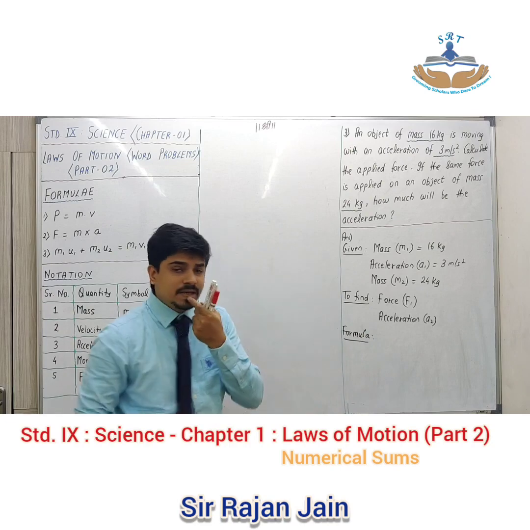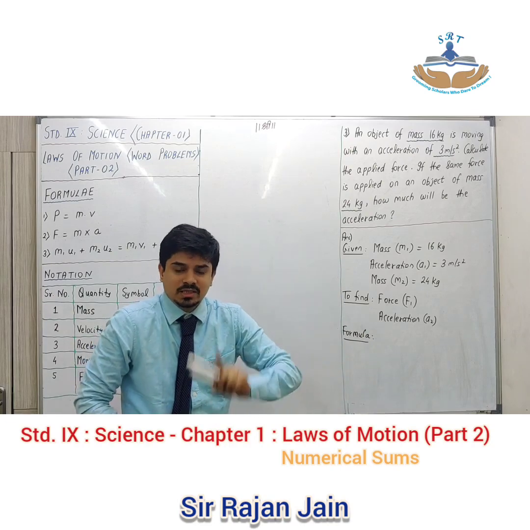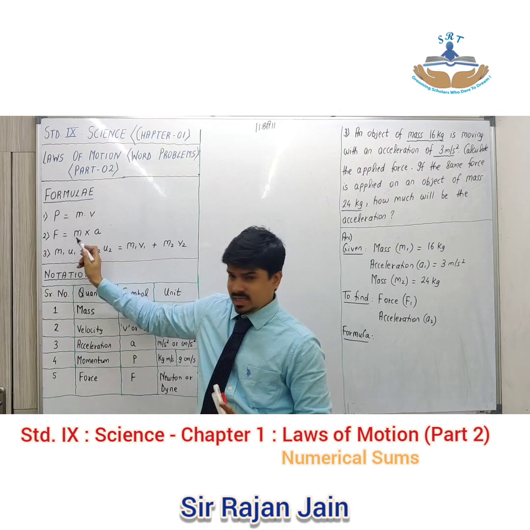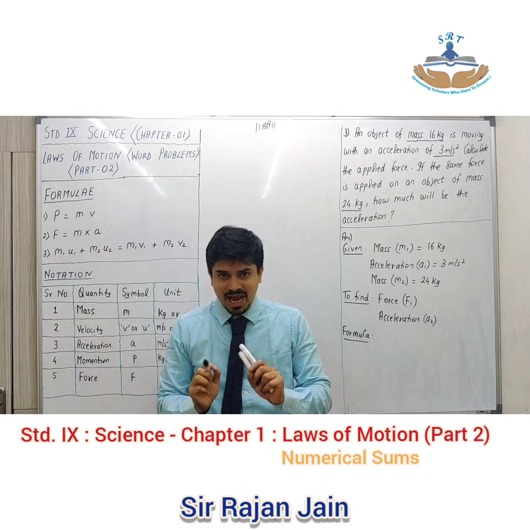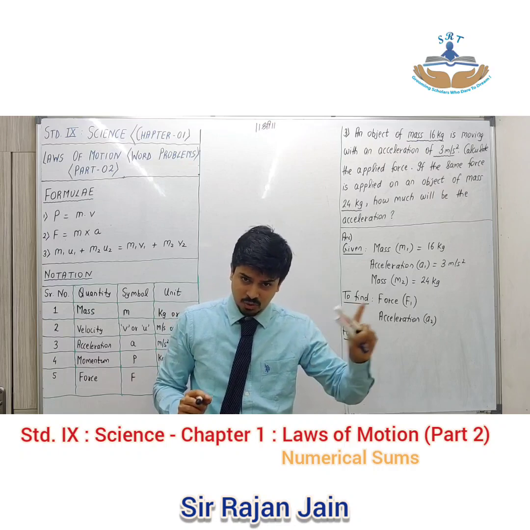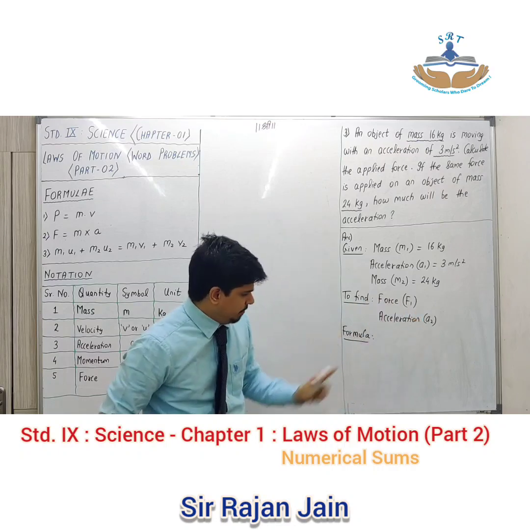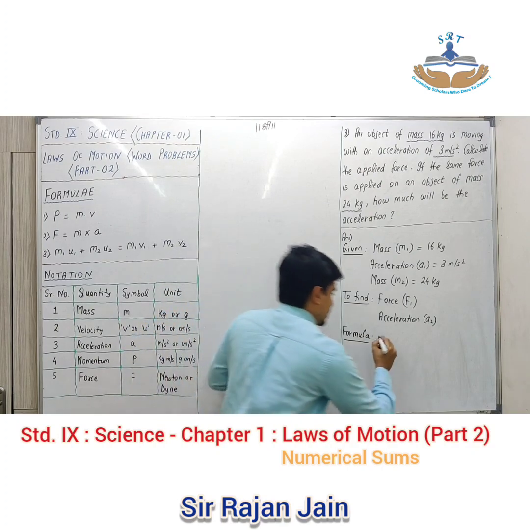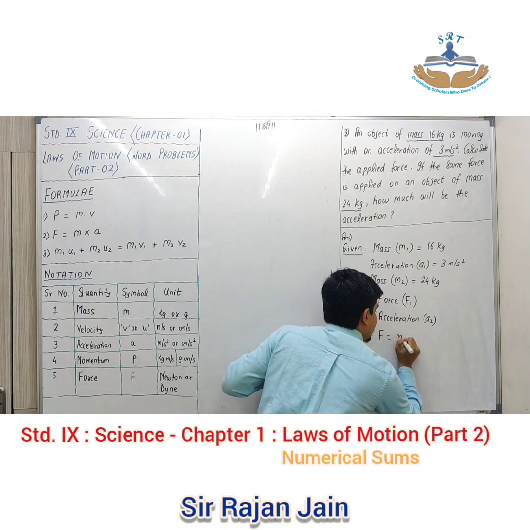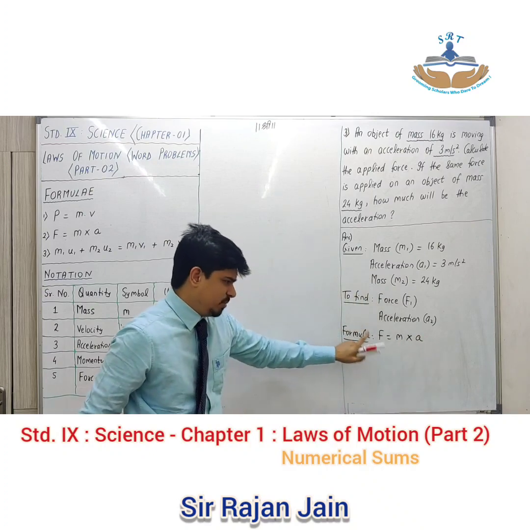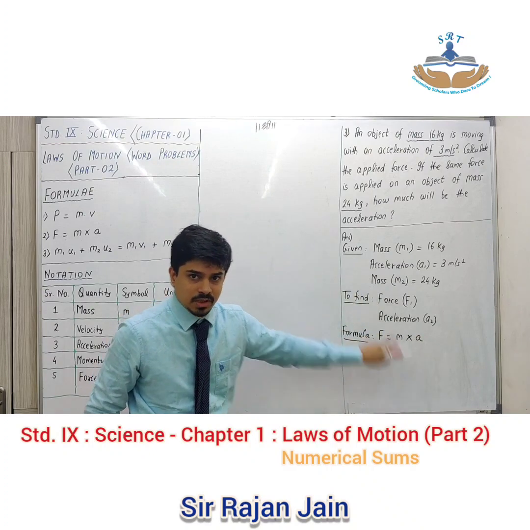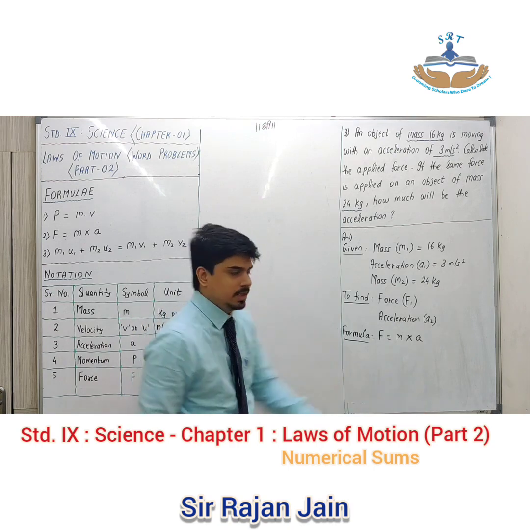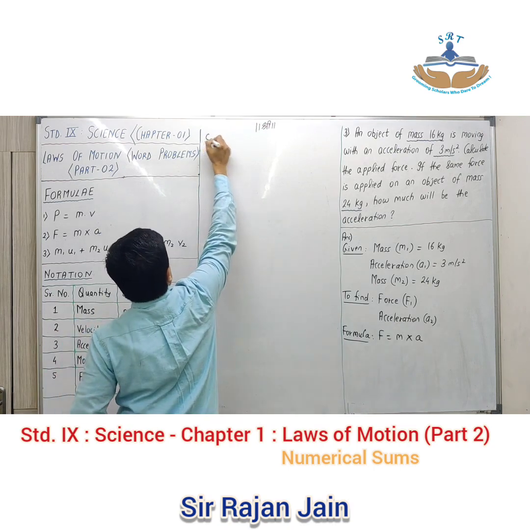Now, whenever you make use of the same formula twice, just with suffix 1 and suffix 2, matlab, I am going to say F1 is equal to M1 into A1 and F2 is equal to M2 into A2. Okay? Don't write both those formulas. Write the original formula without the suffix. So, F is equal to mass into acceleration. So, I am going to make use of this formula. Okay? In the solution, you write those suffixes 1 and 2. Clear? Now, solution.